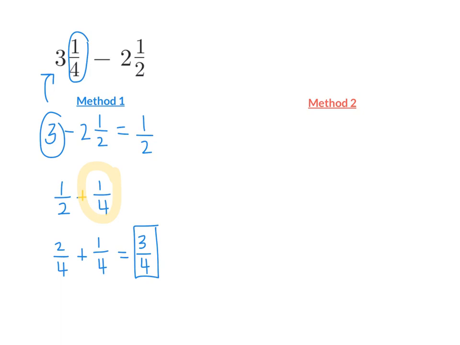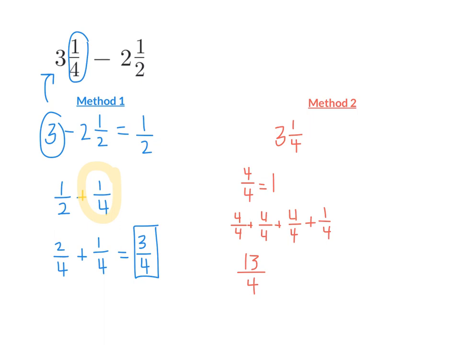Okay, now let's try method 2. Remember for method 2, we are going to make improper fractions, okay? So we have 3 1/4. I know that 4/4 is equal to 1. So to get 3, we have to do 1 plus 1 plus 1, or 4/4 plus 4/4 plus 4/4. That's 12/4 plus 1 more fourth, right? So this is equal to